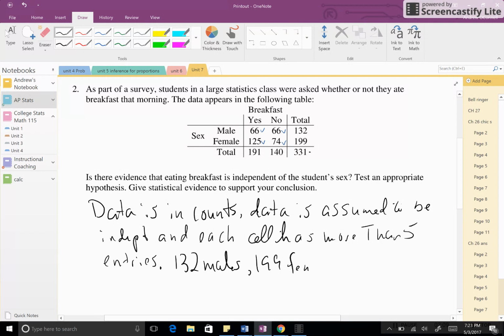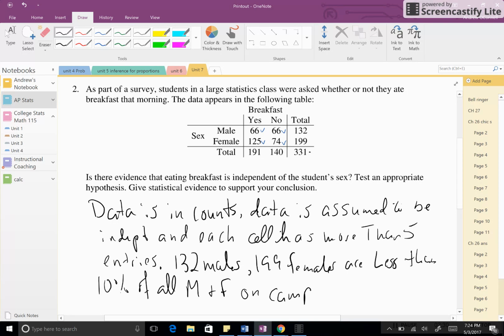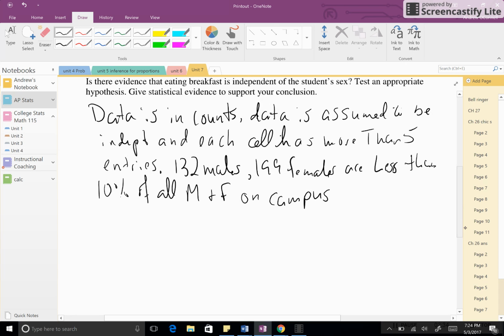This looks like a large statistics class, so I'm assuming a large college campus. So we may proceed